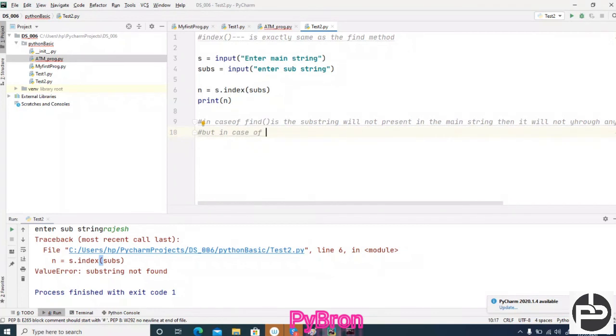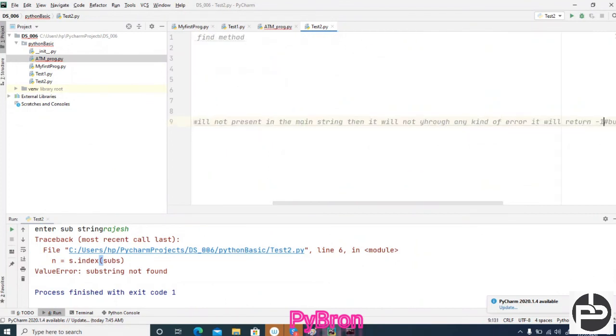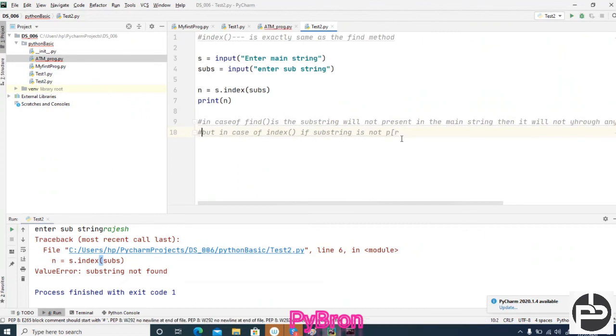In case of index method, if the substring is not present, then it will throw an error.